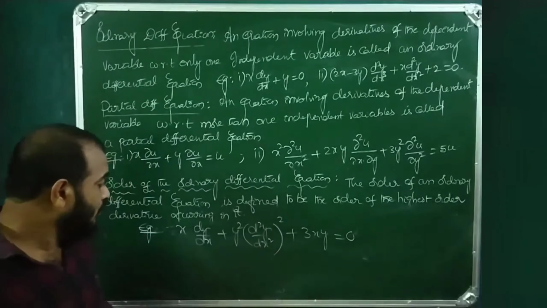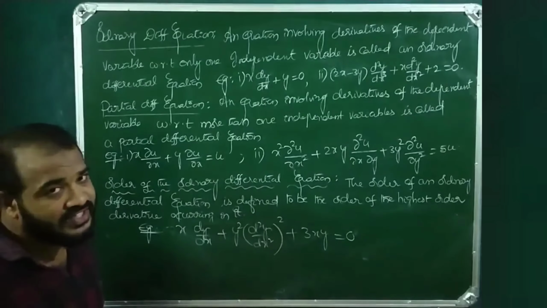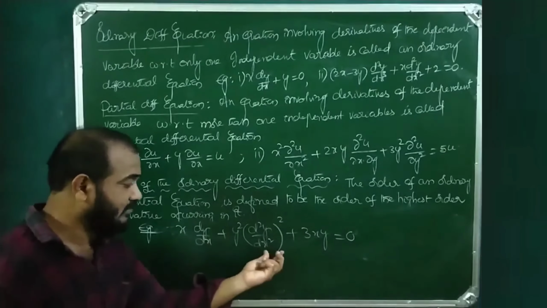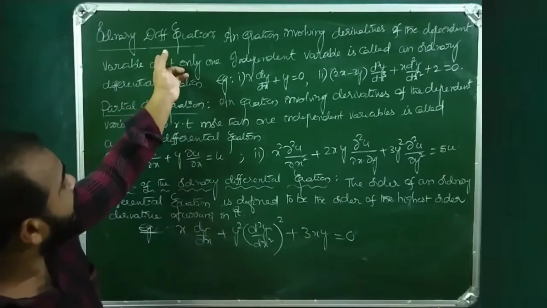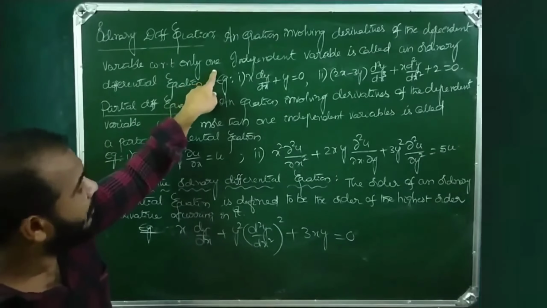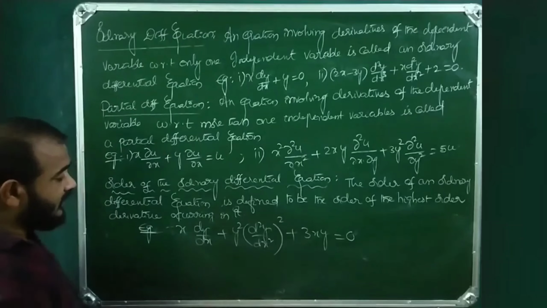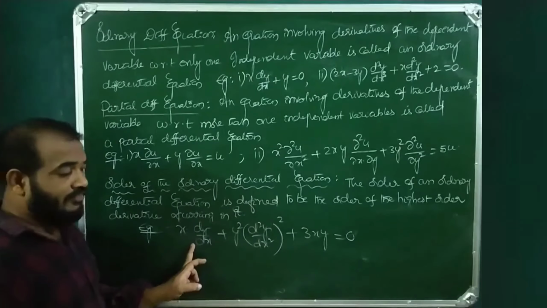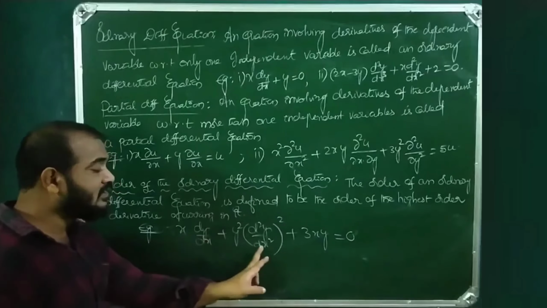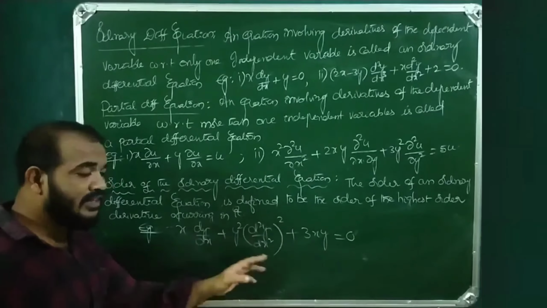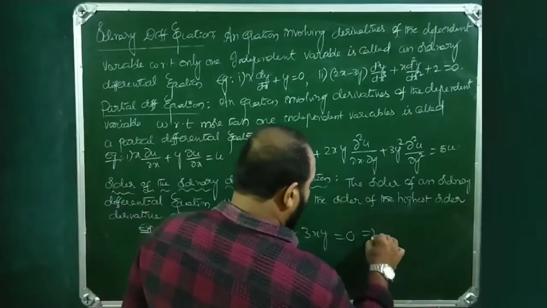Point number 1. So here, how many independent variables are there? Only one, so x. If the number of independent variables is only one, then it is said to be an ordinary differential equation. Now, see here. This dy by dx is the first order derivative. d square y by dx square is the second order derivative. So which is the highest derivative in these two? Obviously d square y by dx square. So therefore its order is equal to